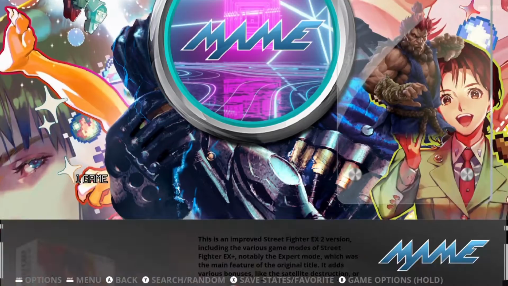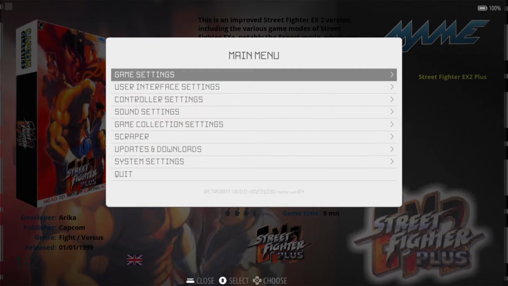If we go inside of Mame, we can then download the artwork and the preview video by using the scraper method. But the beauty with Mame is that we've got no issues with controllers. D-pad works fine, everything works fine. If I open up the game now,